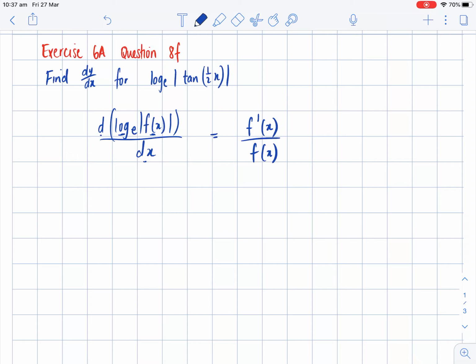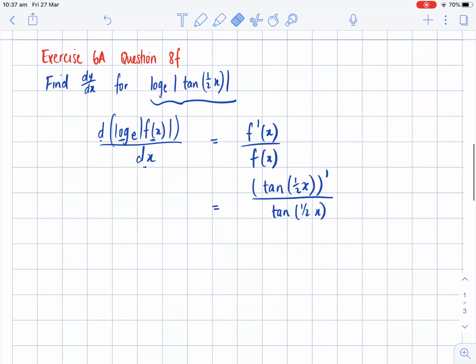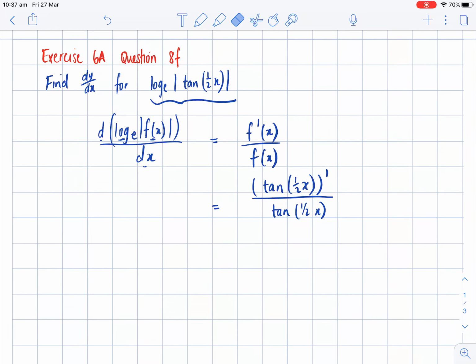So if we look at this problem, all I need to do to differentiate log of tan of a half x is I find the derivative of tan of a half x on the top line divided by tan of a half x on the bottom line. I've got an extra bracket in there. There we go. So all I need to do to actually differentiate this problem is find the derivative of tan to a half x. So let's say if